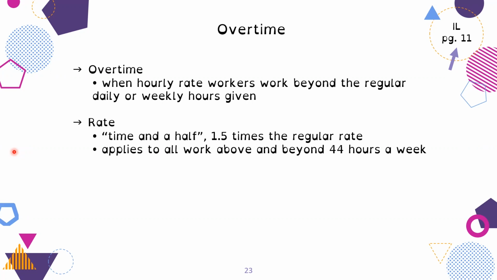Overall, by law, it applies to all work above and beyond 44 hours a week, but different employers can shift that to lower if they want to. They can't shift it to higher. They can't say, oh no, we're just going to do it after 50 hours a week. No, you hit 44 hours, you have to get paid overtime. But they can decide that if your usual hours are 38 hours a week and you're working 40 this week, you're going to get overtime for those other 2 hours. It also doesn't have to be just time and a half. They can do double time or other things. Time and a half is standard, but sometimes it is different depending upon the employer and the situation.